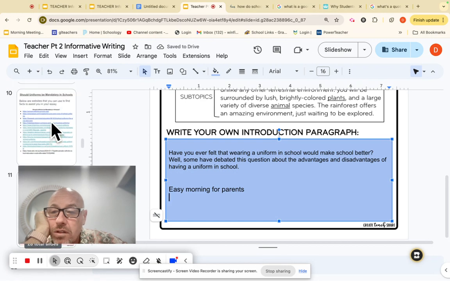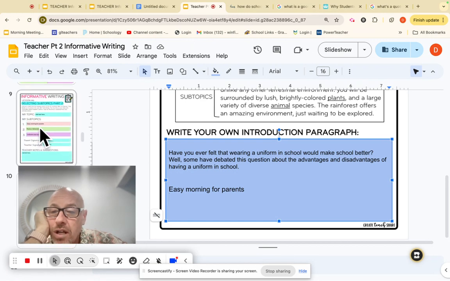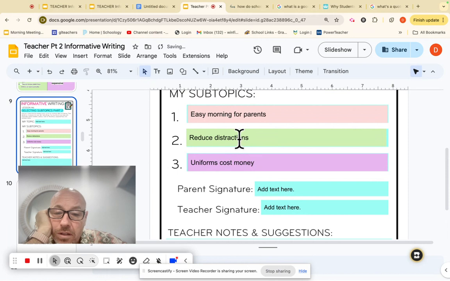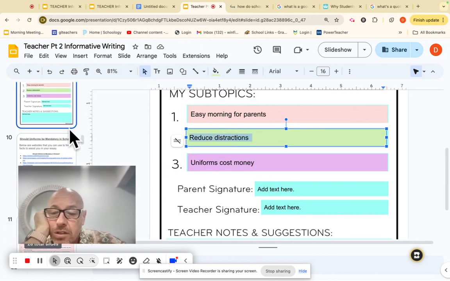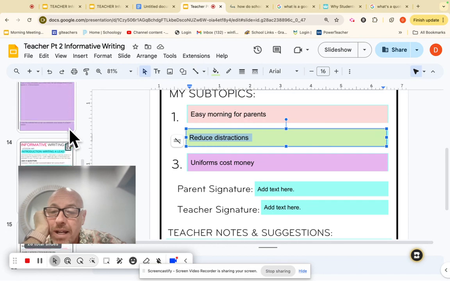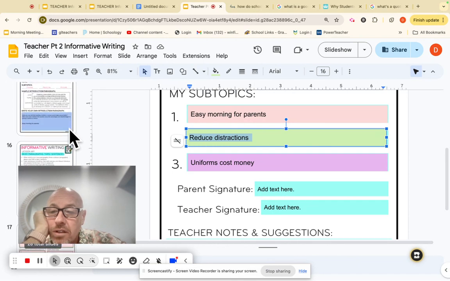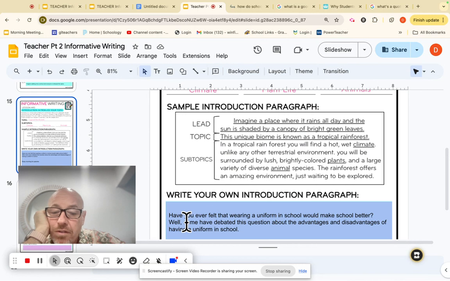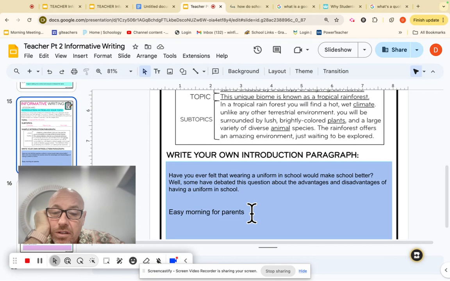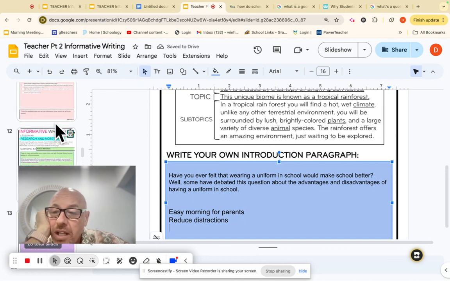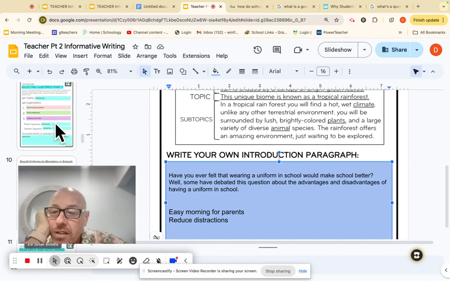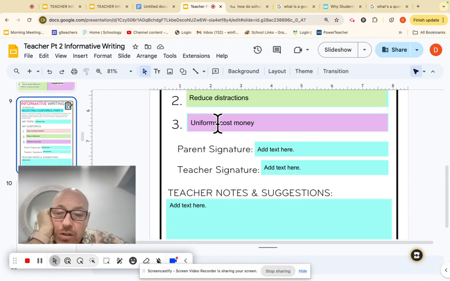The other one, going back up to slide number 9. Highlight that. Control C, reduce distractions. I'm going to go back down here to my introductory paragraph on number 15. Boom. And then my last thing, going back up to slide number 9, is going to be uniforms cost